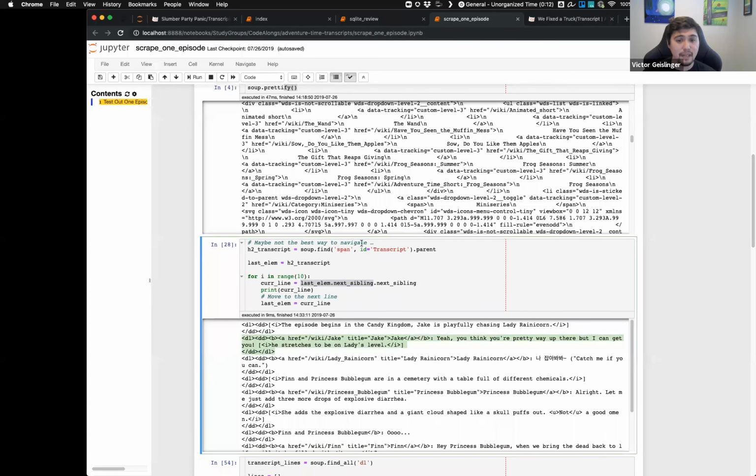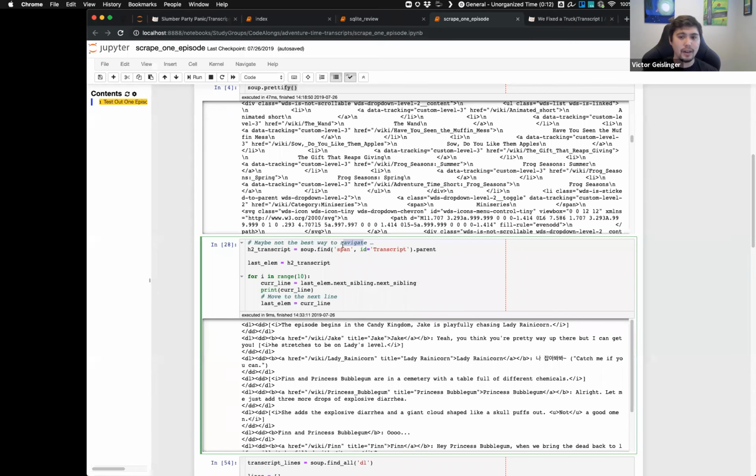I mentioned here, this might not be the best way to navigate. In general, in web scraping, if at all possible, you kind of want to avoid going through it structurally. And the reason why is that there might be differences in the structure and how it's formatted depending on what web page you go to. Usually the better way for us to do this is to approach it using classes and IDs. Basically, something that says what this is, kind of like our anchor point,